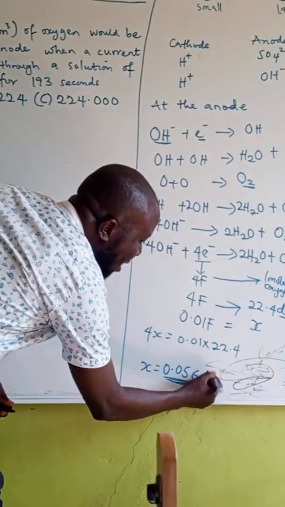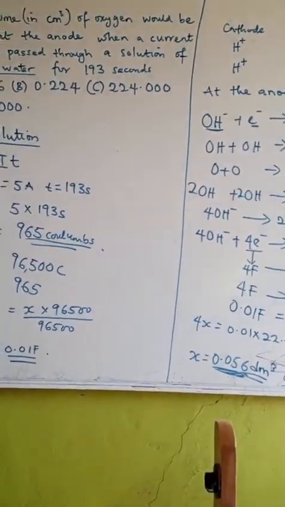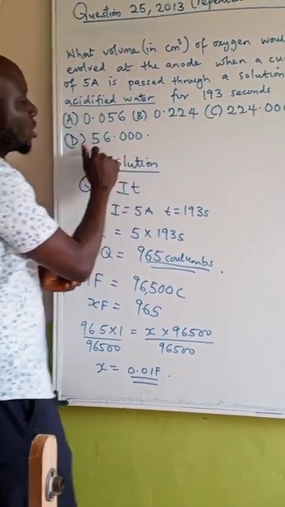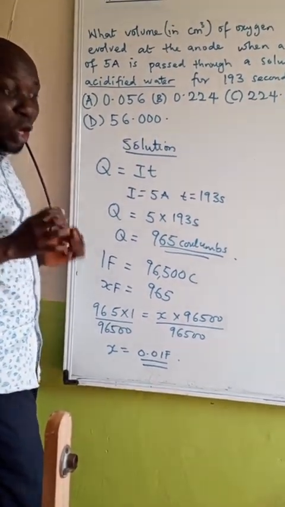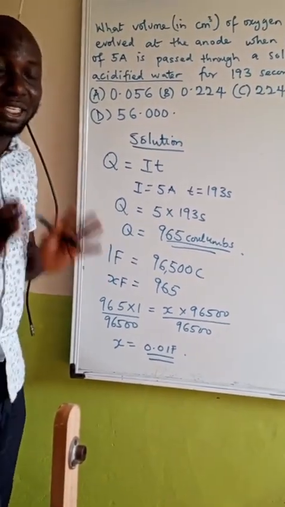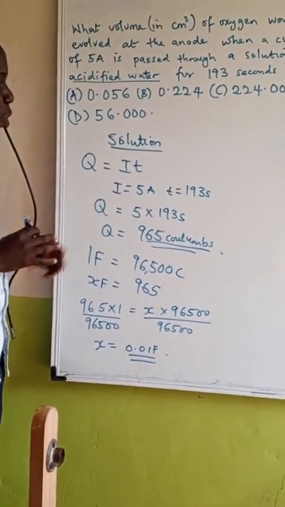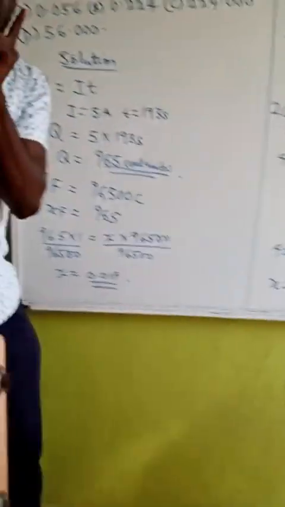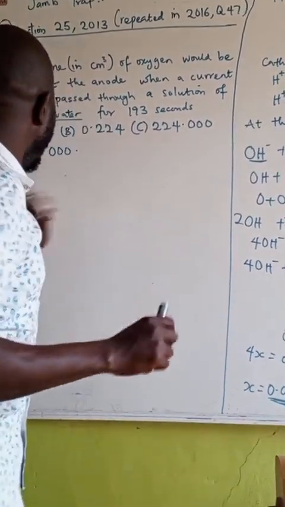Meaning that they do not need the answer in dm cube, and for you to fall into that trap better, they didn't bother to put any units behind the answer. Are you getting it now? So that you will put both your legs inside the trap. I hope you are getting it. Now, you need one more step to arrive at your final answer here. And what's that step? The step is